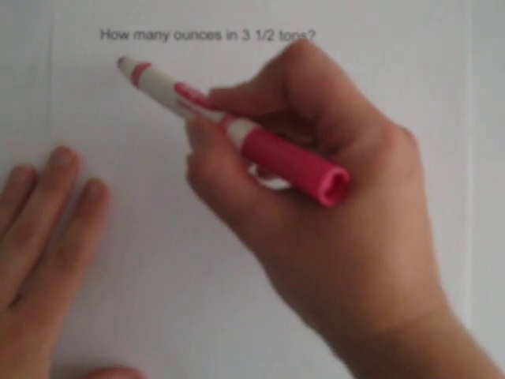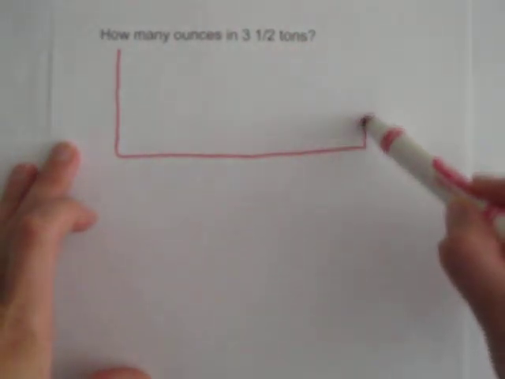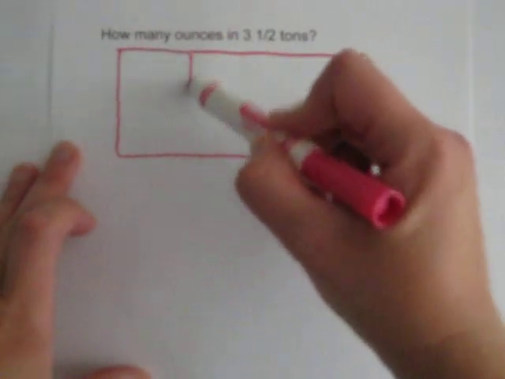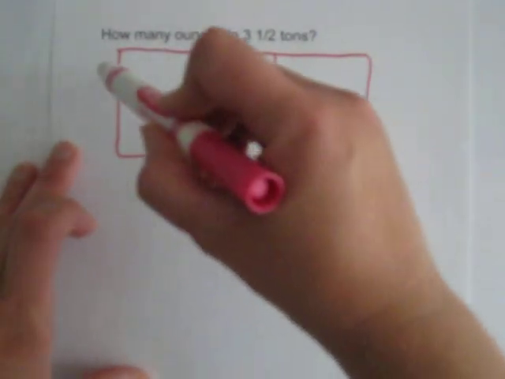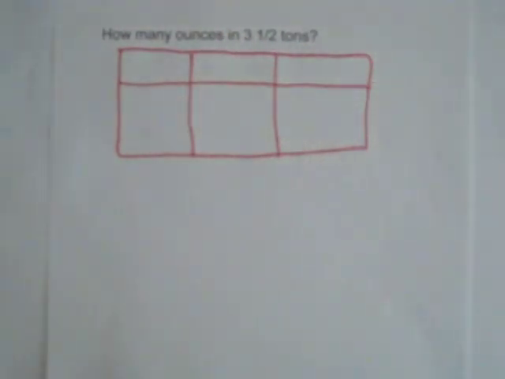Today we are going to solve the problem, how many ounces in 3.5 tons? So the first thing I need to do is make my chart with ounces and tons. So I'm going to do that right here. And I know it has ounces, pounds, and tons. And we remember that